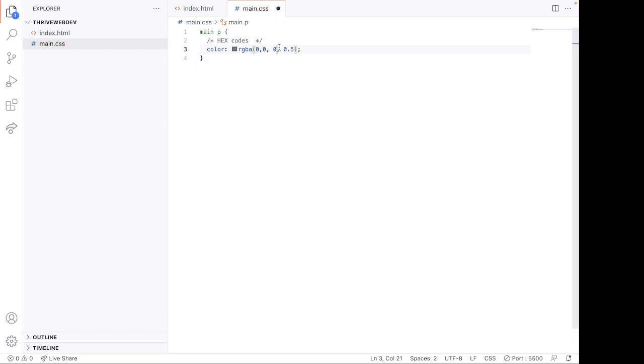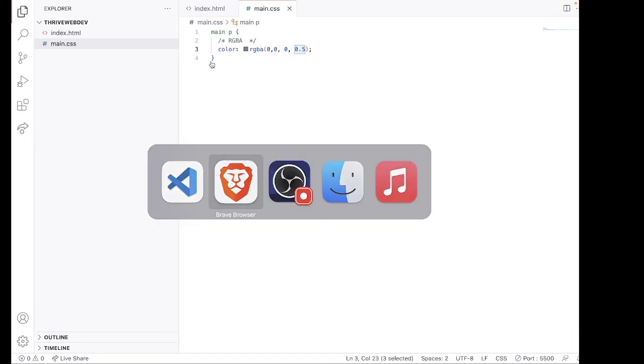This last number here is the A in the RGBA, and A stands for alpha. Like I said, alpha simply means how transparent or how opaque the color is. So if I change this to 0.5 and I check my browser,